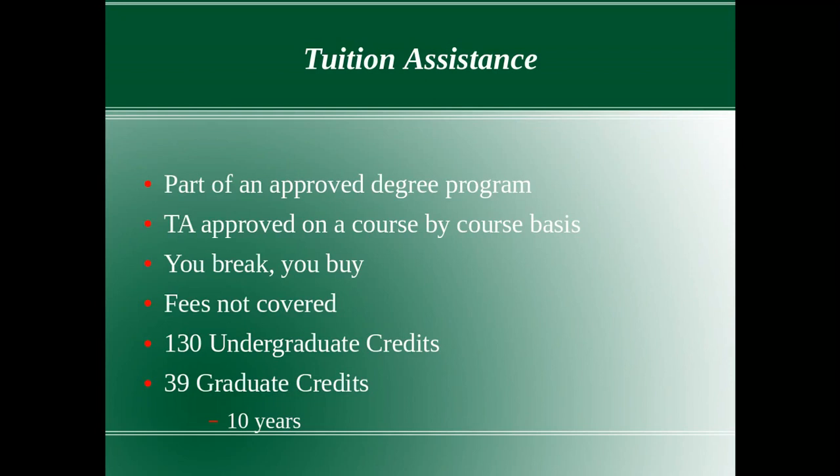Now, the Army Tuition Assistance will pay for 39 graduate credits. Here's the catch. If you use tuition assistance to pay for your undergrad degree, you have to wait 10 years before you can use it to pay for your graduate degree. But if you already had your undergrad, or if you financed your undergrad out of pocket, you don't have to worry about this. You can be using the TA to pay for graduate credits without having to wait for 10 years. One other thing I want to point out,